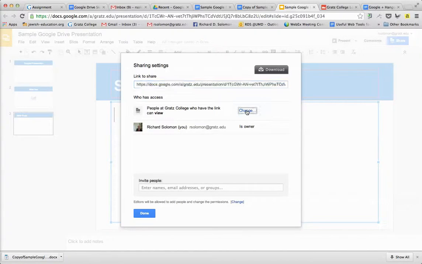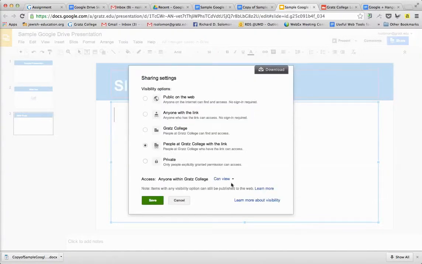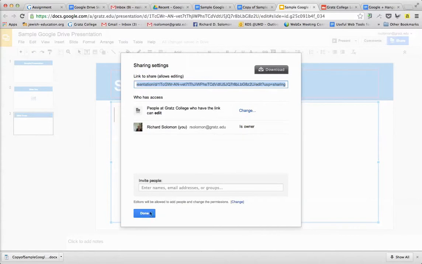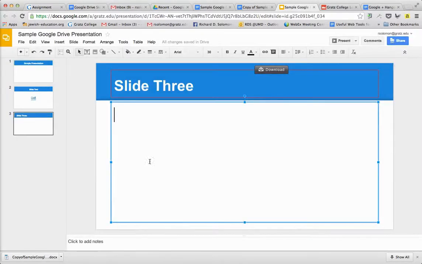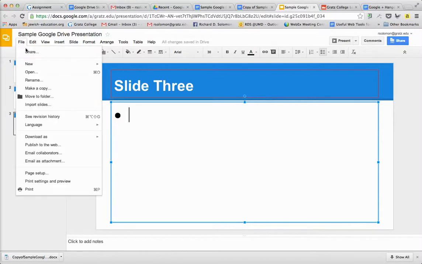For example, people in the class to edit it and see it, now they can, even though I'm the owner, they can edit and change this if they want. So this is a quick explanation of how the presentation works. Again, you have the opportunity to put in numbers or bullets, and you could decrease or increase the indent. The last thing I want to show you is how to make a